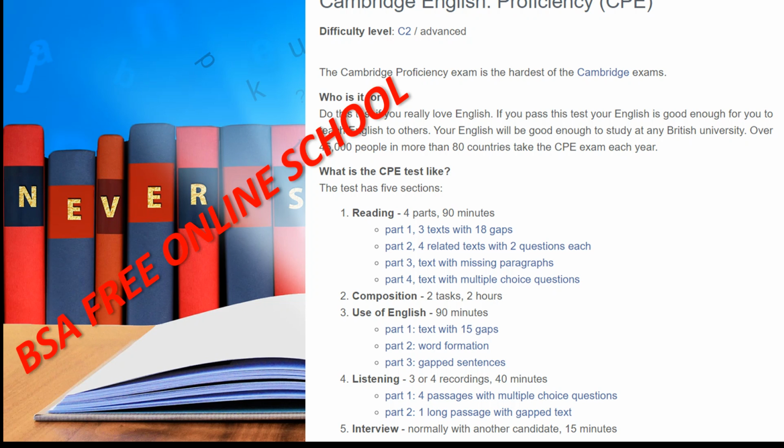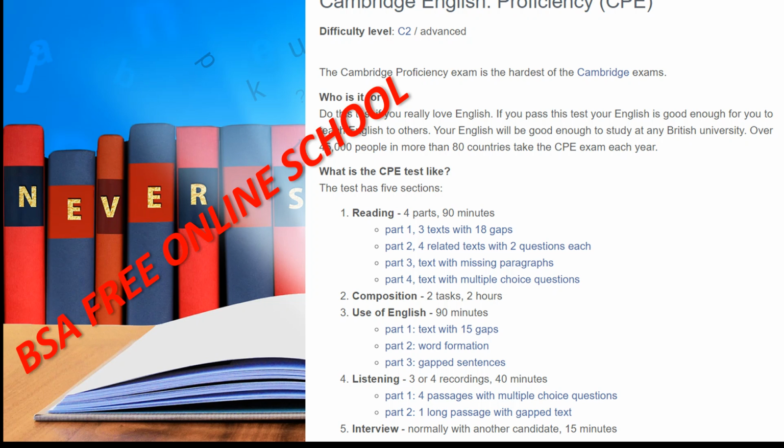Preparing for and passing this CPE exam means you have the level of English needed to study or work in a very senior professional or academic environment, for instance on a postgraduate or PhD program.